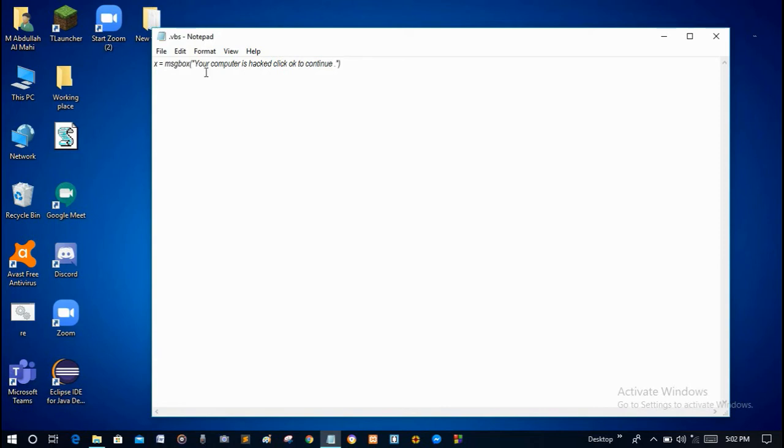Okay, then you will have to write 48 after a comma, and again after a comma you will have to write the title. The title will be warning. Okay, done. Now save it. After you save it, open it, and you will see: your computer is hacked,